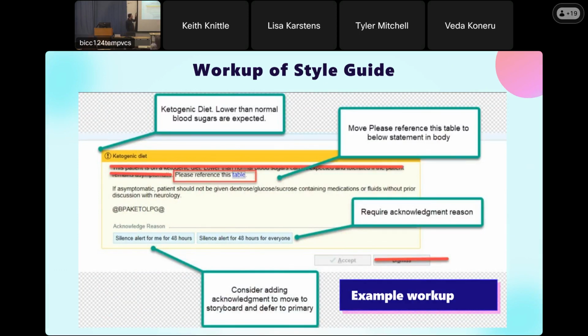Make sure that even though this patient's blood glucose might look low to you, actually it might be fine. Can you take a look at this table and not give them dextrose? And when we first started, it's kind of busy. There's some long text. Things are small, and it also has this